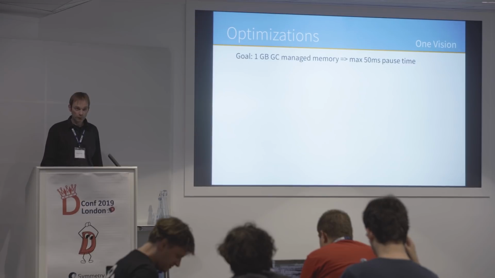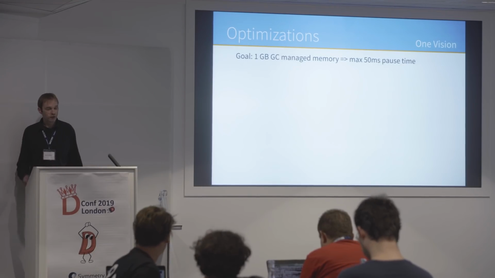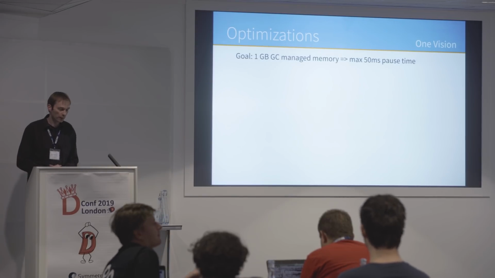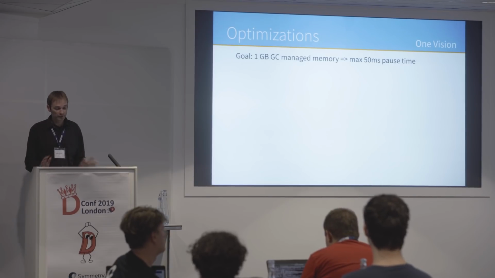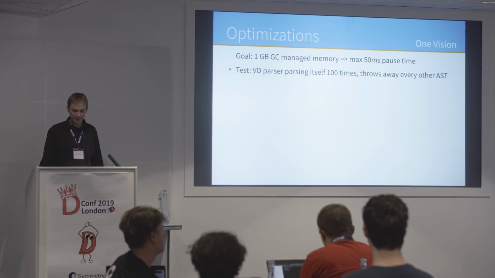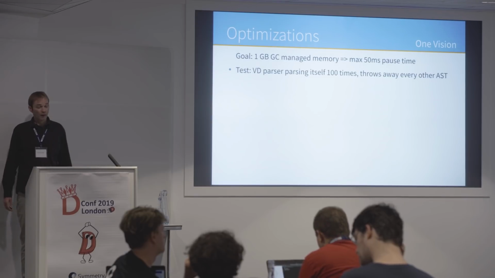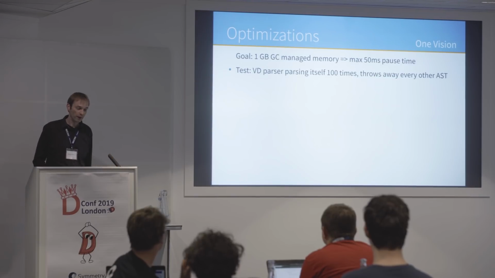In addition, some optimizations have happened, and my vision of a workable interactive application is if it needs 1 GB of managed memory and pauses under 50 milliseconds, then it's fine. That would be a rather good achievement. We are not yet there, but with my test that parses the parser itself 100 times and throws away every AST, that's some kind of a representative test